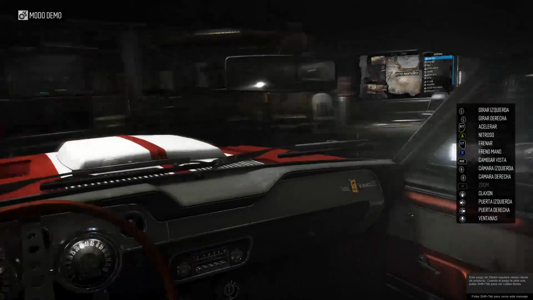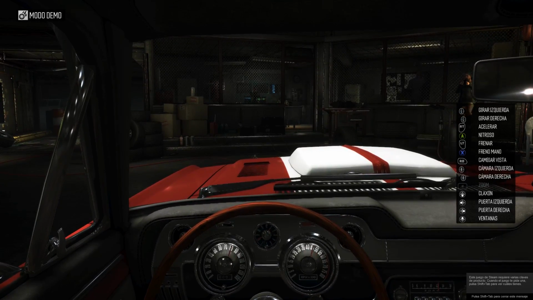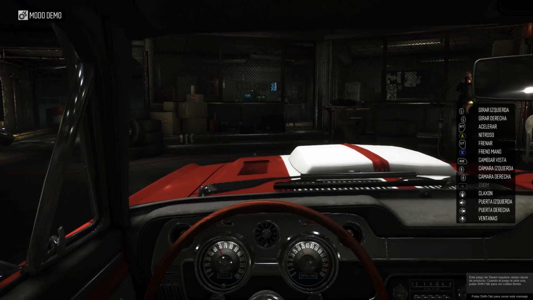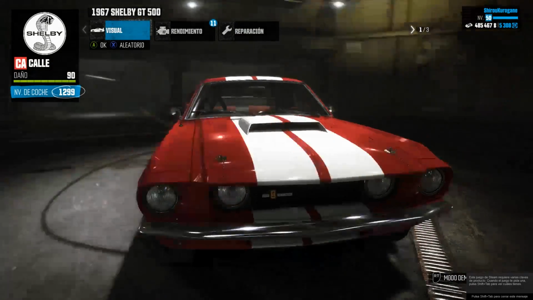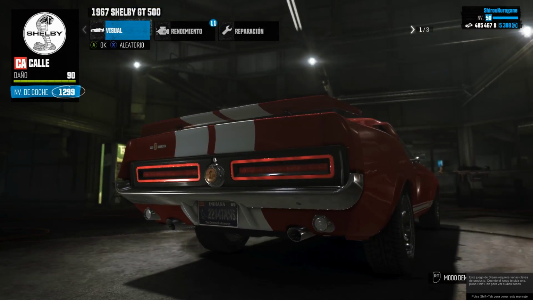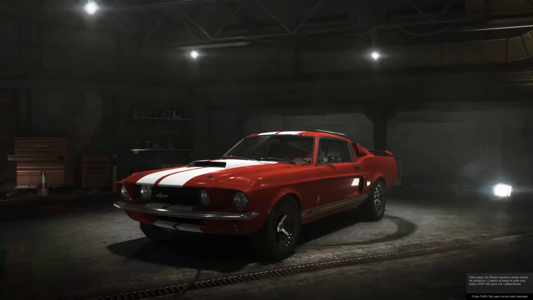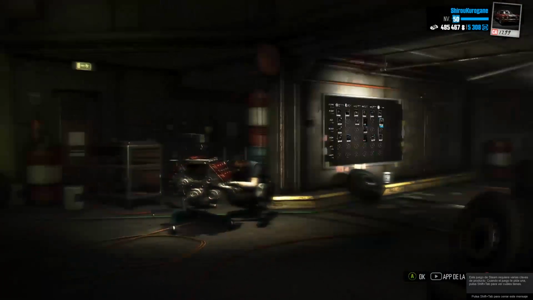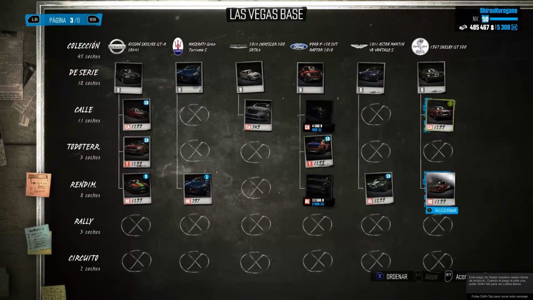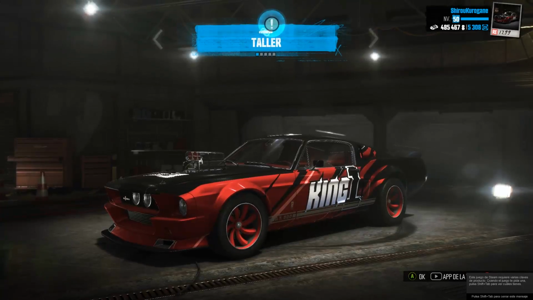Man, rest in peace, Carroll Shelby. I really miss this guy. But actually, this is not my favorite Mustang, really. My favorite one was the 1969 Boss 302. And I think people actually overestimate the Shelby. Yeah, it was a pretty powerful car for its time, but if I want a Shelby car, I prefer the AC Cobra,